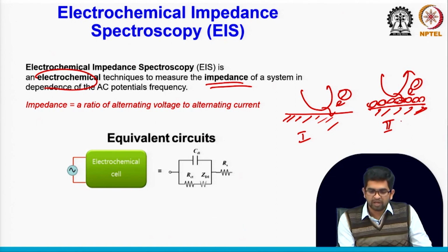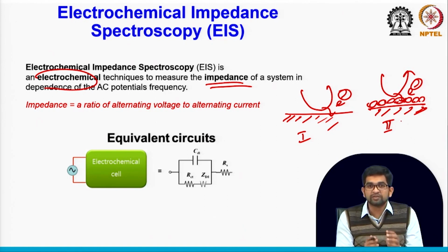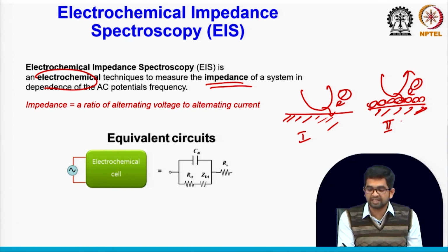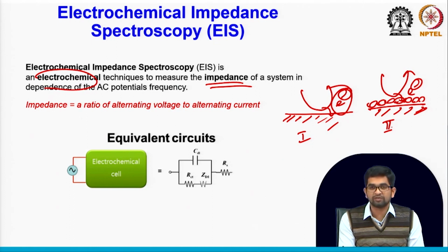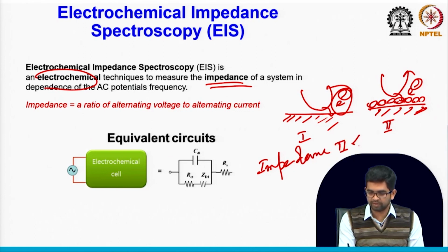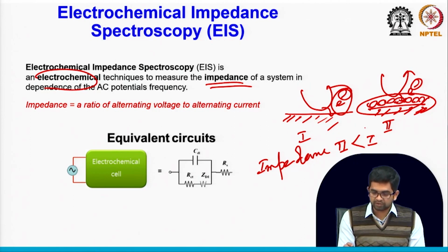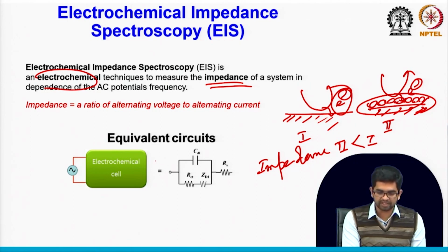be much faster. So impedance helps to measure the electron transfer kinetics, how fast electrons are transferring through this electrode surface. So definitely the impedance of electrode 2 will be much lower than that of 1, right? The impedance value of 2 will be lower than the impedance value of 1, because it is a highly conductive surface. So something like this. Generally, for impedance you can see the equivalent circuit. So generally we